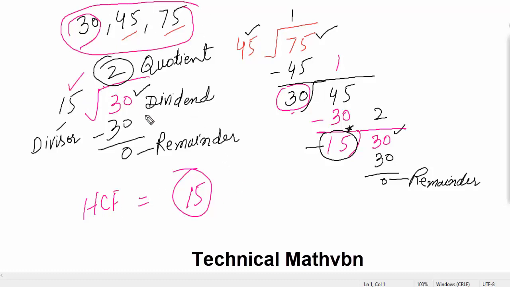In the previous question we also found that 15 is the highest common factor of these numbers. The last question we did with prime factorization, and this question we did with the division method, and both methods are okay, with the same answer. And keep in mind, if the examiner asks to find the HCF by prime factorization, then you have to use the previous method. If the examiner asks to find the HCF by division method, then you have to follow this method. I hope you students got the idea.